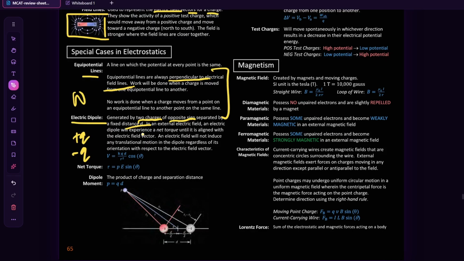And so an electric dipole has two charges, opposite sign, but the same size. So let's say it's plus 2, minus 2, sitting at a fixed distance apart. So r is equal to, I don't know, 5 meters apart, for example. Think of the positive charge and negative charge as a pair permanently locked at some distance from each other. If you put a dipole into an external electric field, a field created by something else,